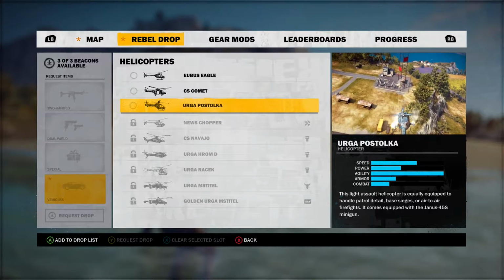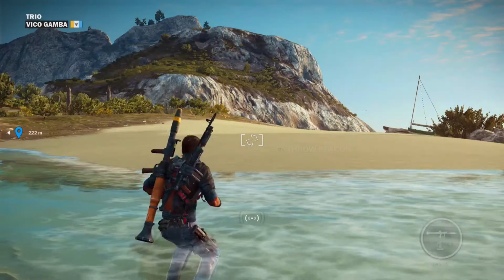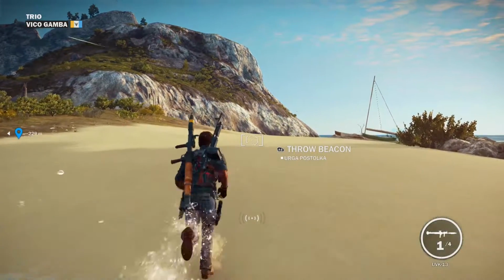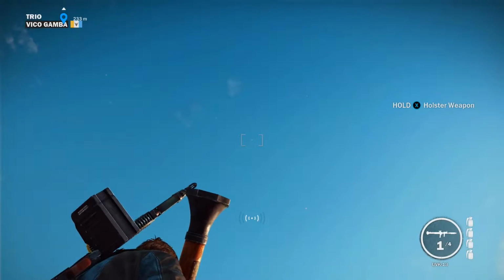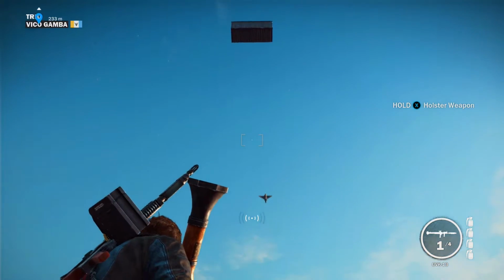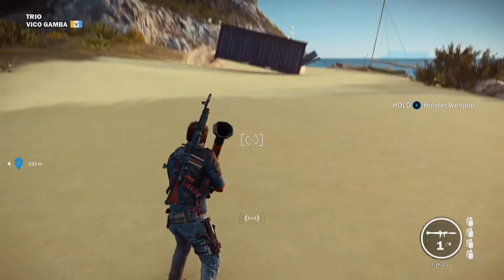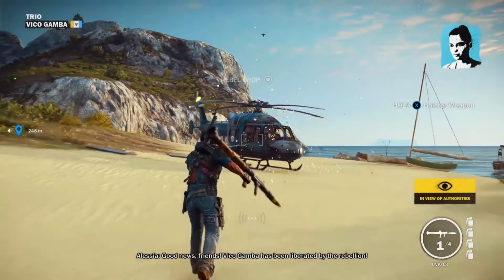Something like this has got a nice minigun on. So I'm going to request this drop, and I'm just going to throw it onto this beach, like so. And the plane's going to fly overhead. There we go, and drop a small crate. The crate is always the same size, and there we go. We've got a beautiful helicopter. So let's get into this one,